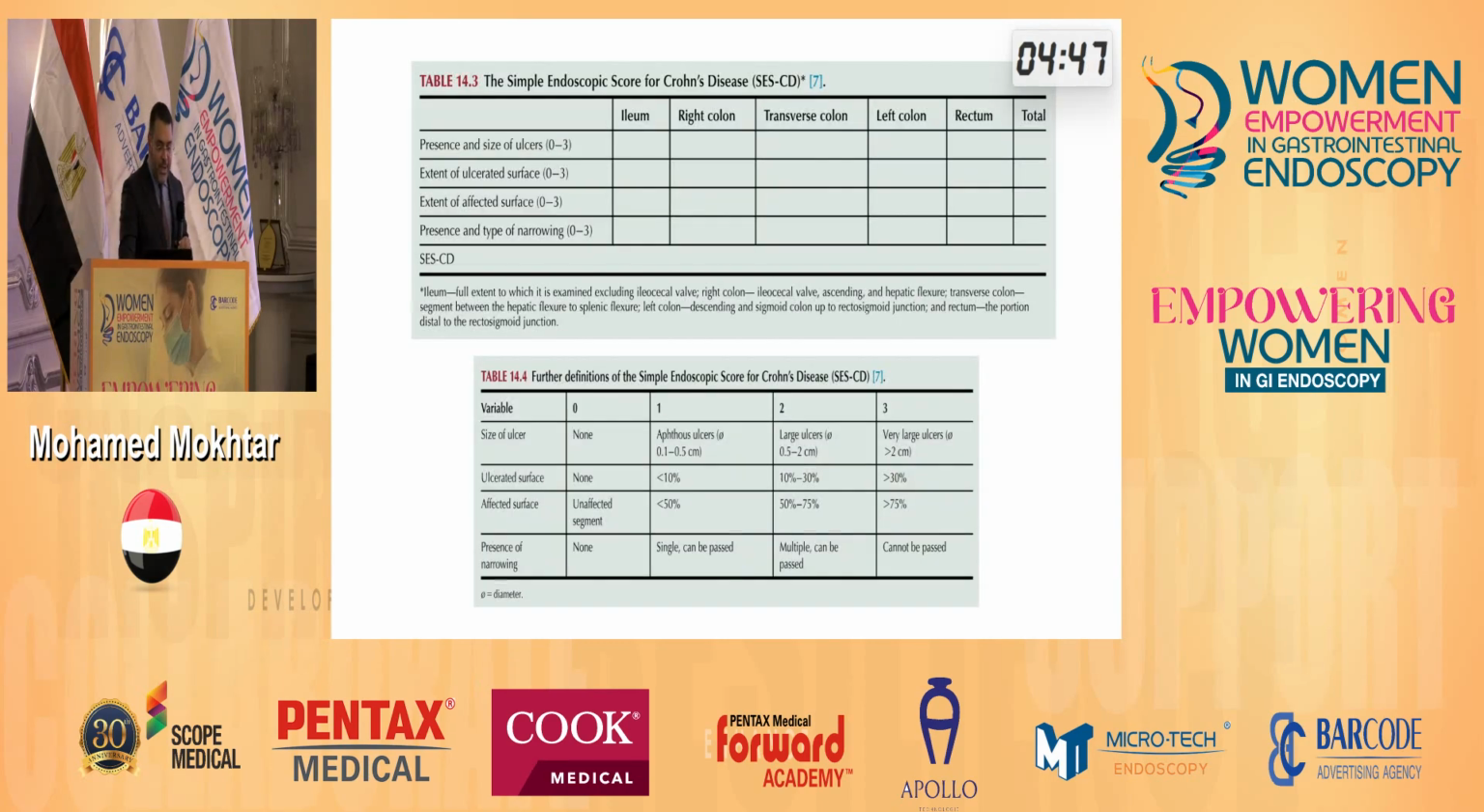What about the simple endoscopic scoring system? In the simple scoring system, we also have the 5 segments of the colon. Then presence of ulcer, we have 0 to 3. Presence and extent of ulcerated surface, 0 to 3. Affected surface, 0 to 3. Presence of narrowing, 0 to 3. So it must be simple and much easier to apply. And the sum of each affected segment will be summed to give the total of the Simple Endoscopic Score of Crohn's